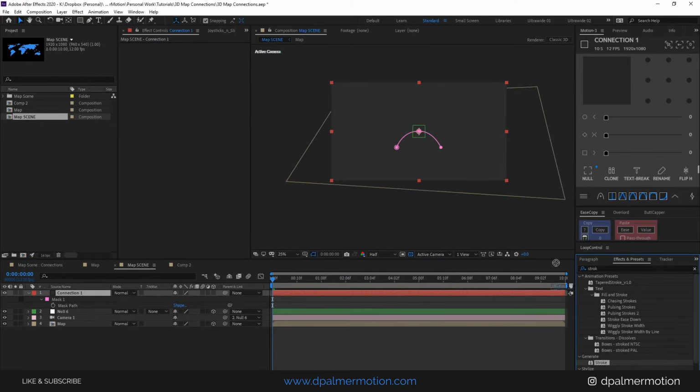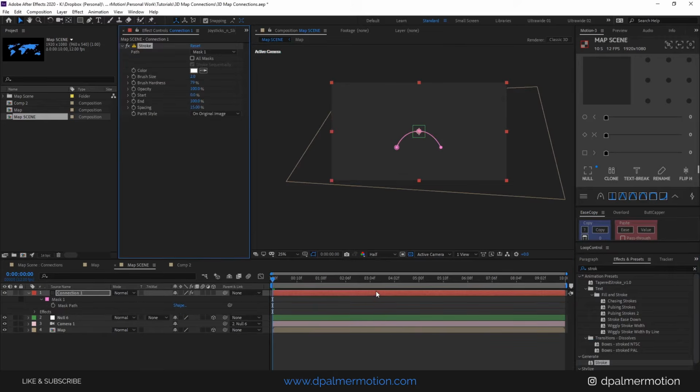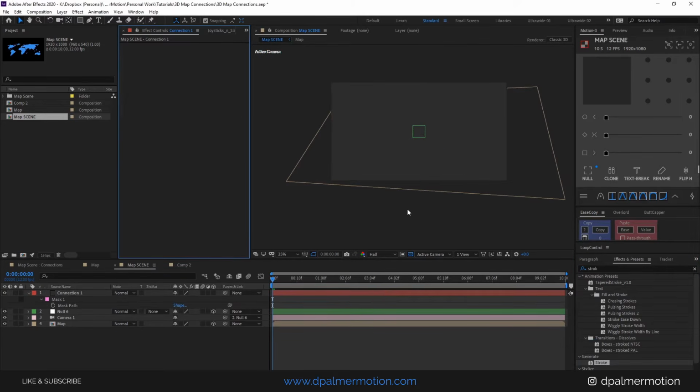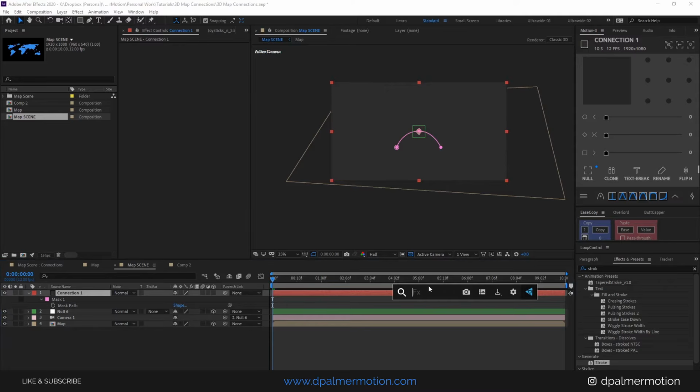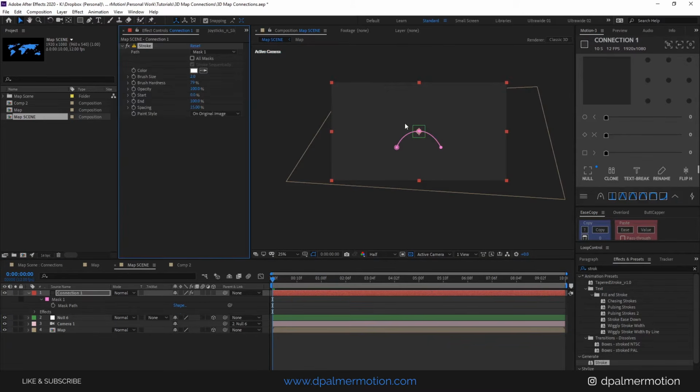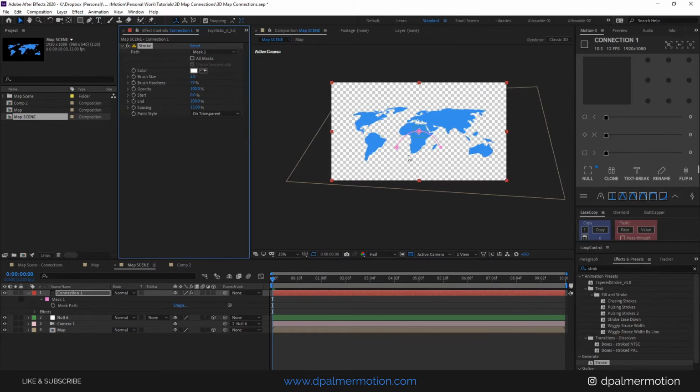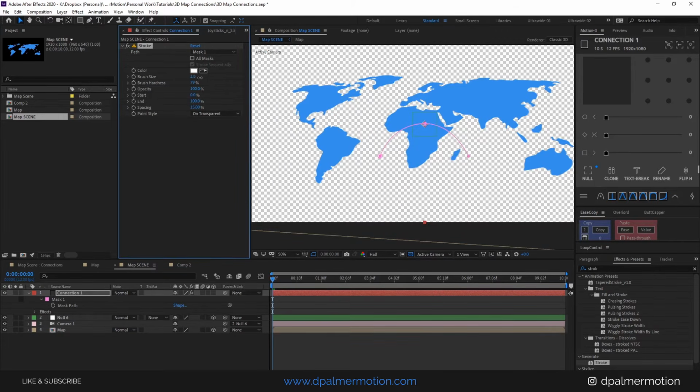Now we'll use the stroke effect and drag that onto the layer. I also use FX Console from Video Copilot as an easy way to access these effects. I can post a link in the description for that. So that's Control space to bring up FX Console, stroke and enter. So this puts the stroke effect onto our layer. We want to choose on transparent, and now there'll be this stroke